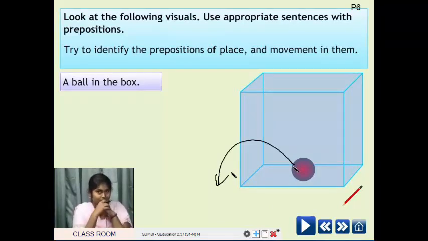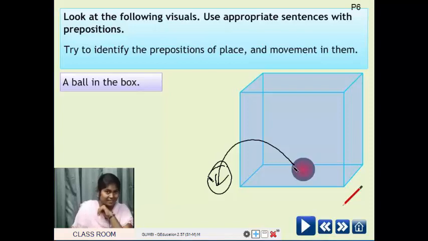Now you should tell us, children. We have given you the words. Now see where ma'am has put the ball. I've taken it out and I have placed it here. So what will you say now? What will your sentence be? The ball is, the ball is